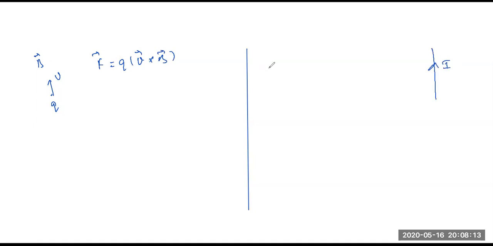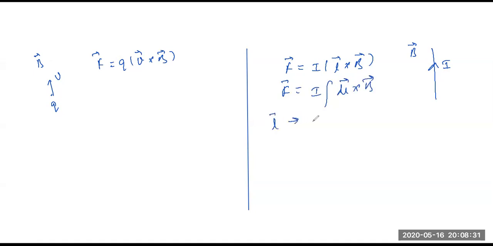So I'll tell you what is there in force. On a charged particle, the concept was that if there is a magnetic field, and in that magnetic field you project a charged particle with a velocity v, then the force that will act on it is F = q v cross B. On the other hand, if you have a current carrying wire I in a magnetic field B, then the force that will act on it will be I L cross B, or in general you can write F as I integral of dL cross B, where L represents displacement.